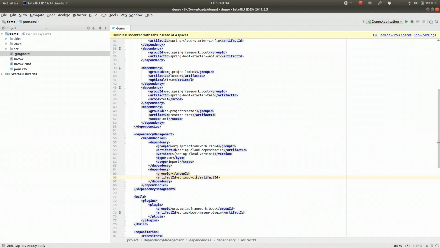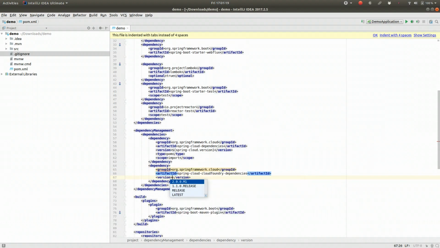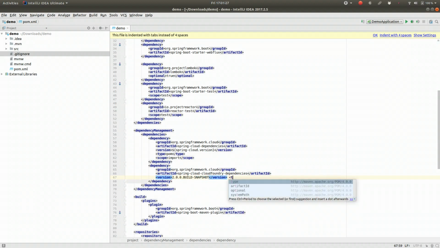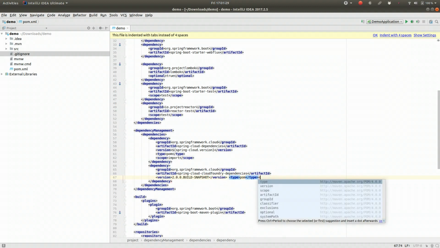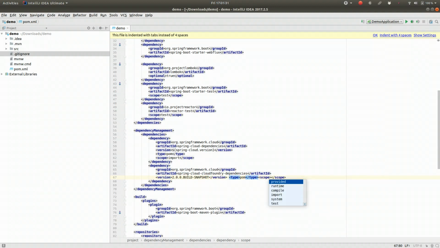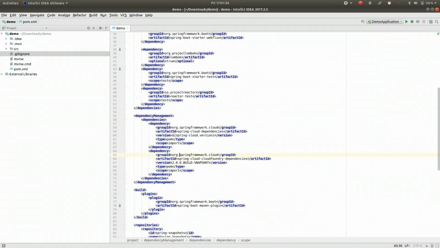So Spring Cloud Foundry dependencies, all right, 2.0 build snapshot, and we'll say that this is a POM, and we'll say that the scope is import. All right, so there's that Spring Cloud Foundry dependencies, and we'll need to bring in Spring Cloud